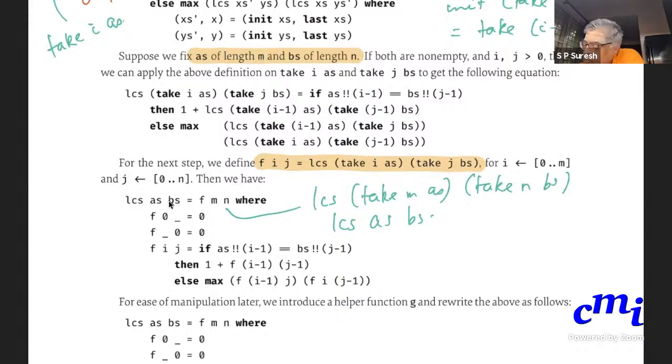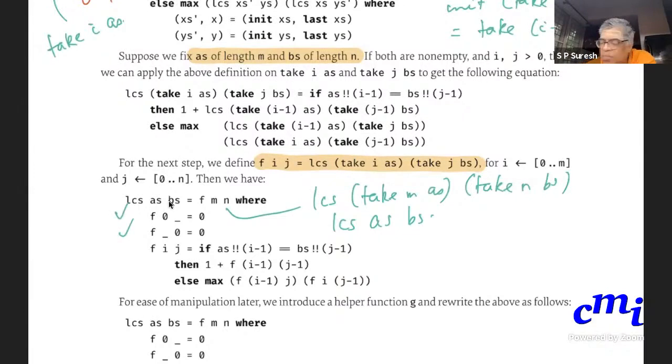Okay. Good. So now just defining this as usual, F(0, j), that is take 0 of A's, is the empty string, in which case we know that the definition should return 0. Similarly, F(i, 0), LCS of something and take 0 of B's, which is the empty string, so you should again get 0. So these two cases are clear.